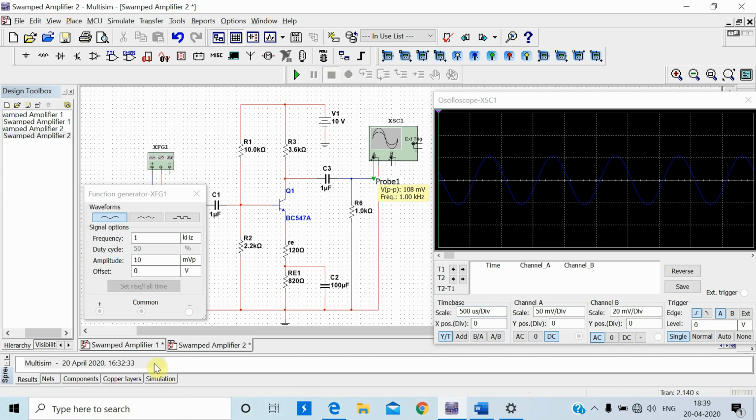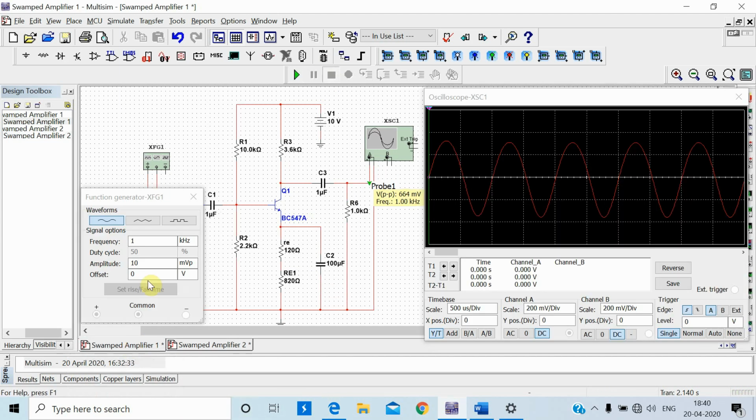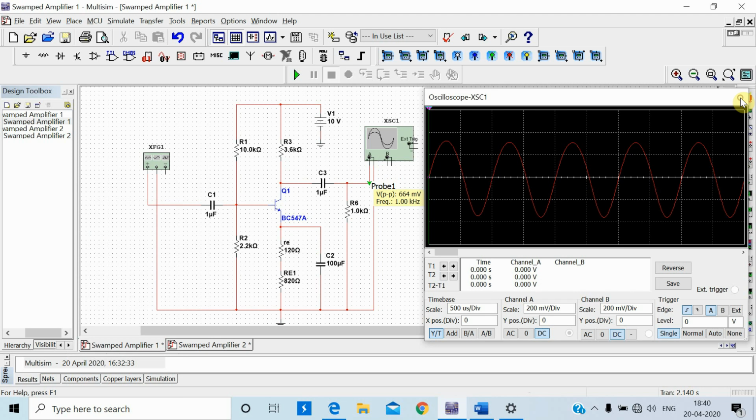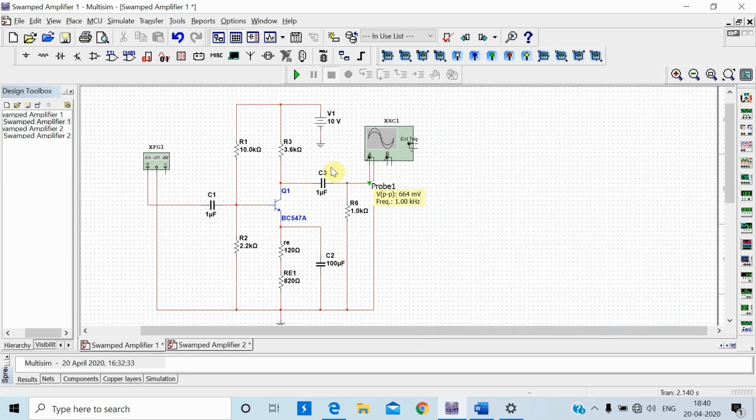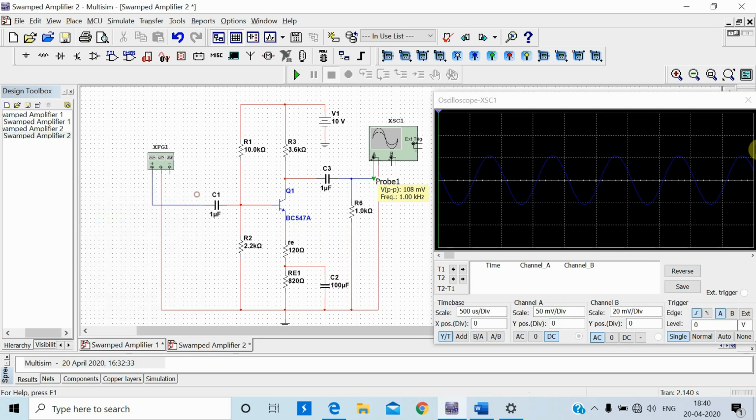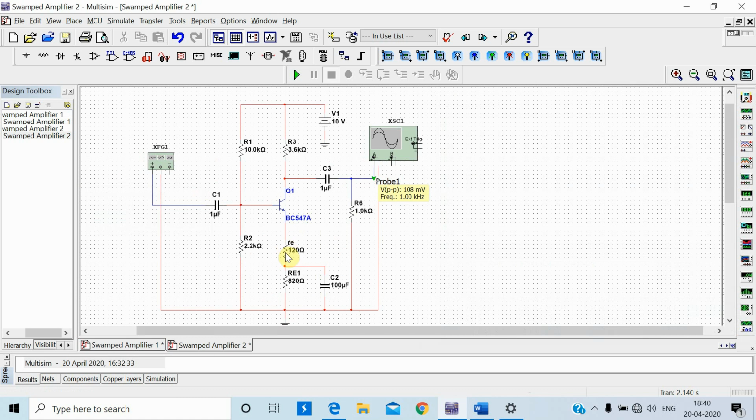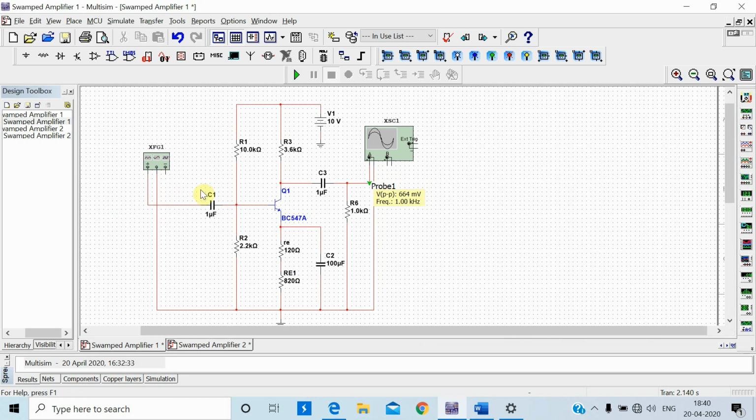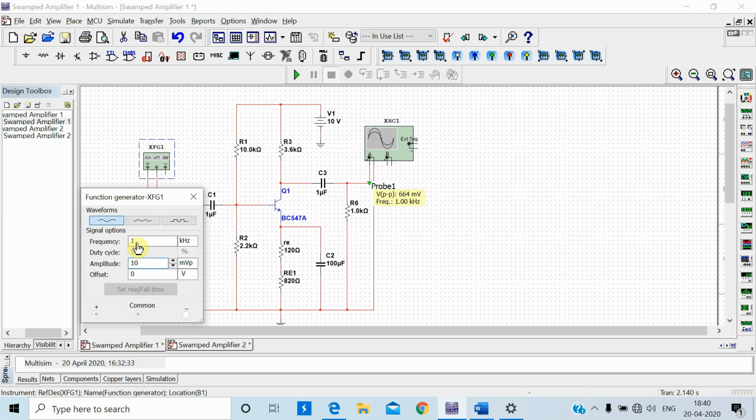So here I have already implemented both these circuits, where you can see the first, CE amplifier circuit, where the total emitter resistance is bypassed by this capacitor, while in the second circuit, out of the total emitter resistance, a few resistances are unbypassed, as you can see. So the first circuit is the CE amplifier, where this is the function generator. From the function generator I have set a sine wave, 1 kilohertz frequency, 10 millivolt peak, and here I have used